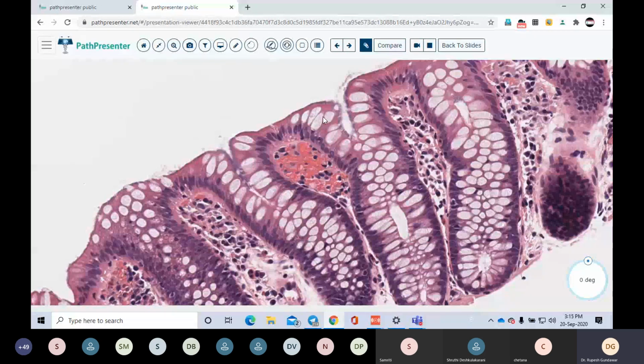I just selected these cases because you do not get these cases routinely. Even this case is not mine. I just picked it from the website to improve the cases and make our webinar complete. But as I assured you, once you see this finding, you will never forget it. Next time, whenever you get this case, you will always pick it up. So this is the case of pyrophytosis.